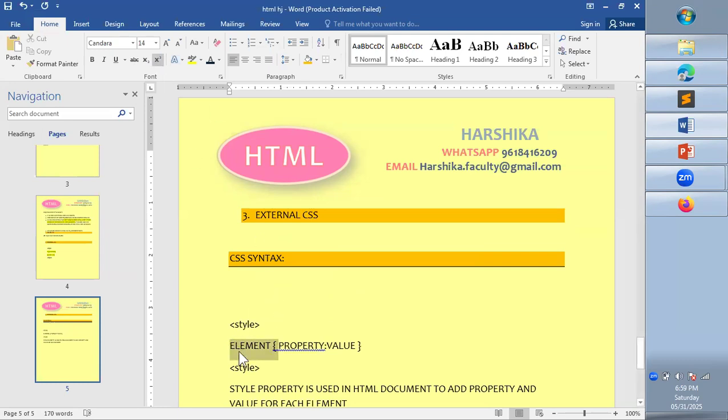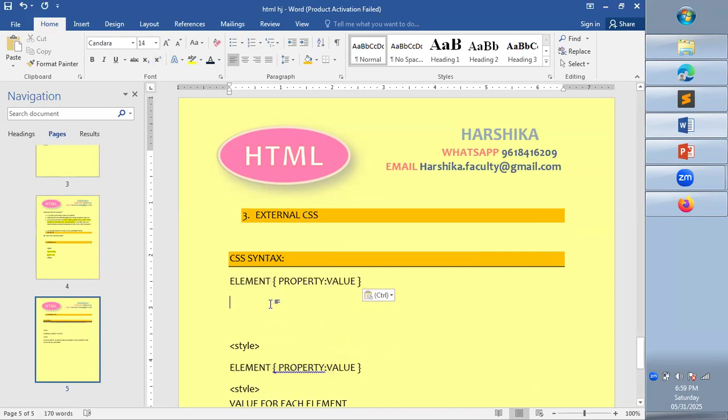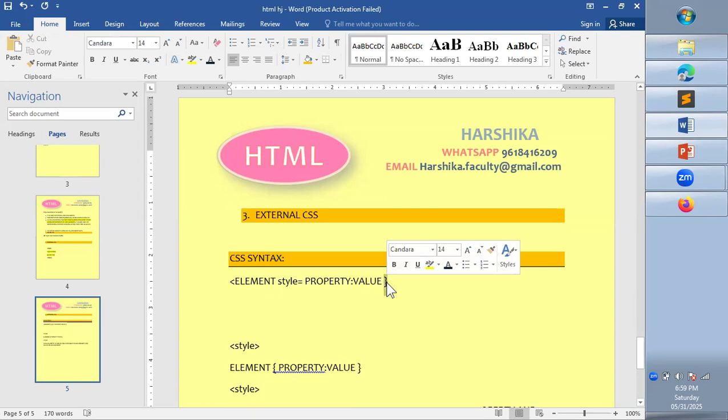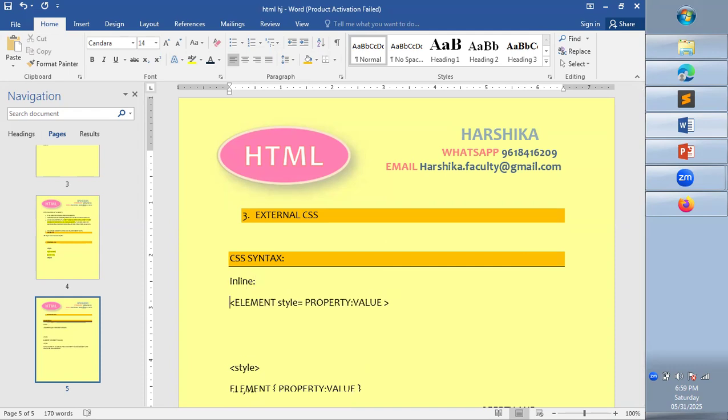For inline CSS, you will be writing the element within the tag itself, and you will be writing style equal to property and value within the tag itself, for each element you will be giving. So this is for inline, this is for internal,